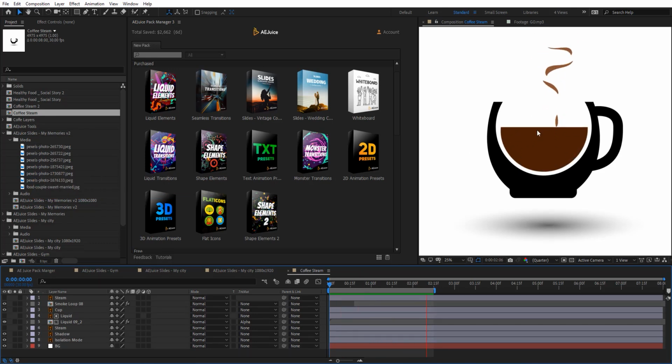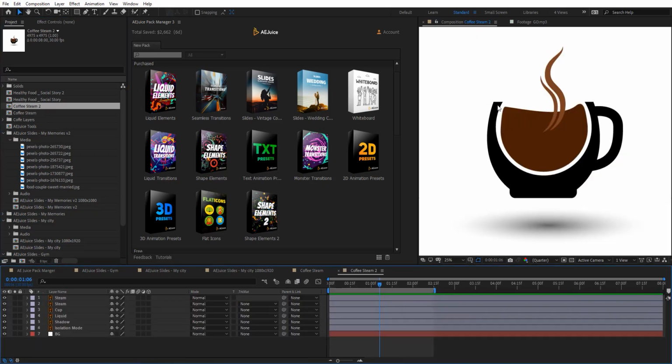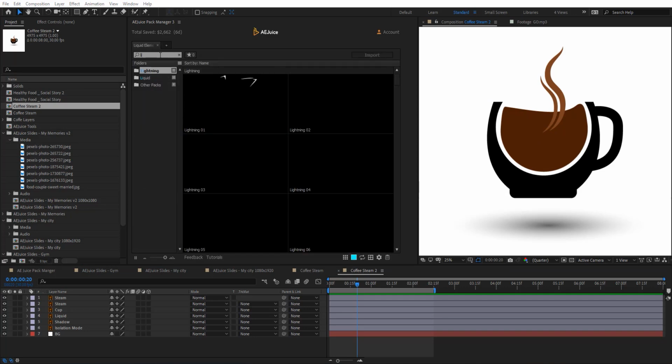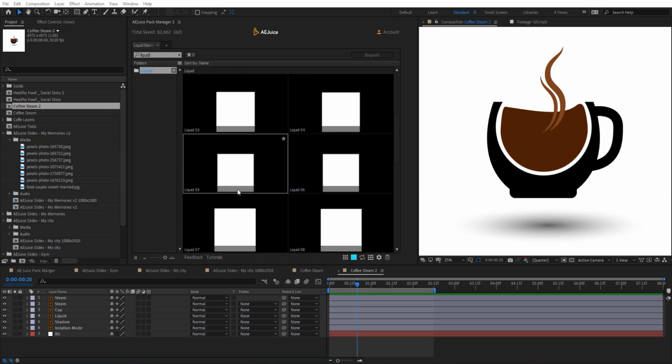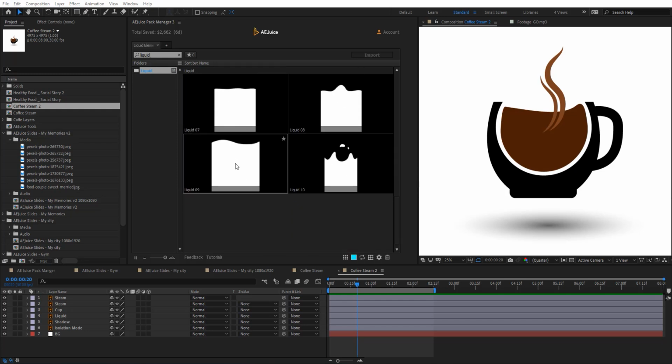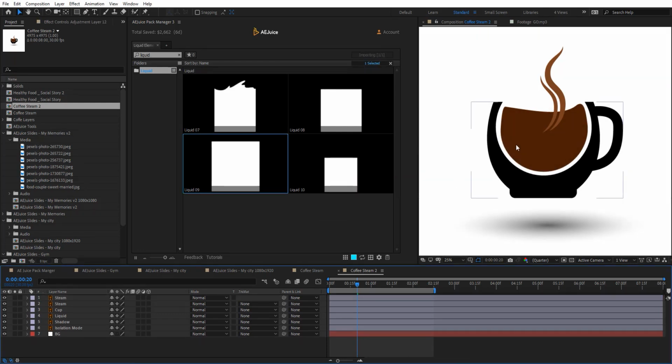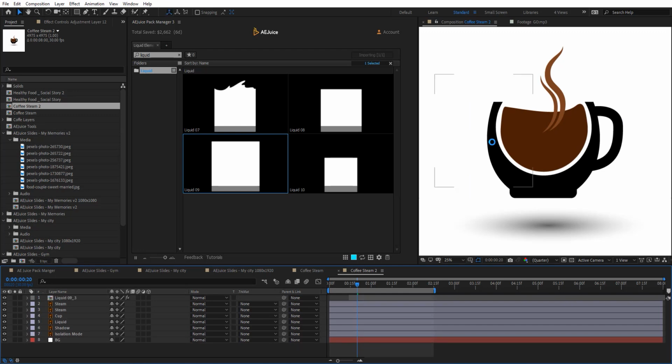So actually I create these using this pack, Liquid Elements, very quickly. I got this result. Let's say, for example, you have this logo and you want it to be animated. All I did is go to Liquid Elements and look for liquid here, and select, maybe you can select whatever you want. Maybe I'm going for this one. I'm just going to drag that and I have it in my comp here.